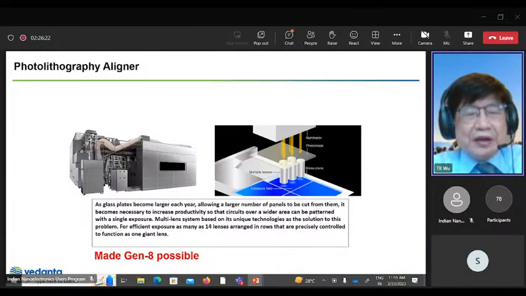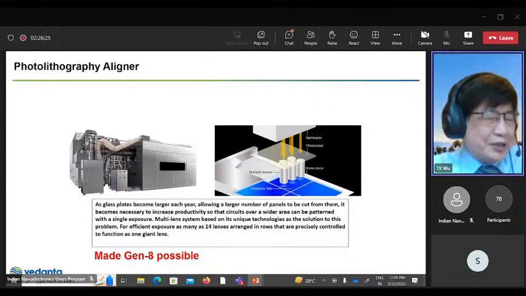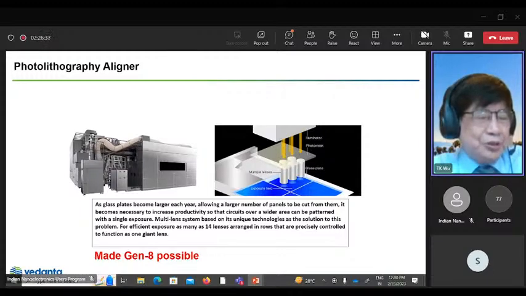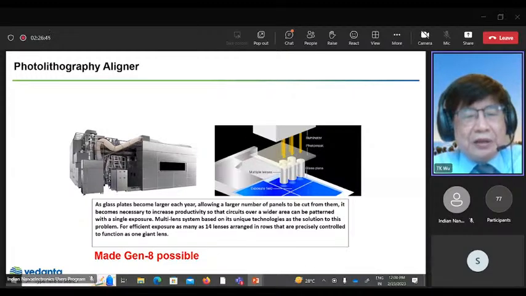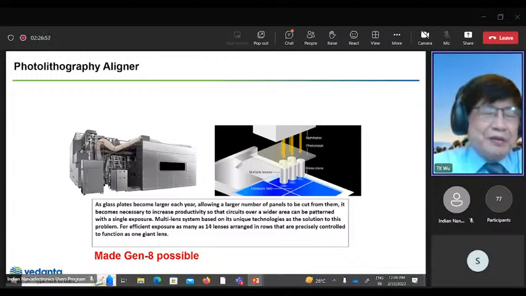And then Nikon redesigned such an optical path. The lens array replaced the giant single lens. Such an optical design dominated the aligners from generation 7 on, and generation 8 up to generation 10. So with such a breakthrough, we can push the substrate size to become bigger and bigger, from